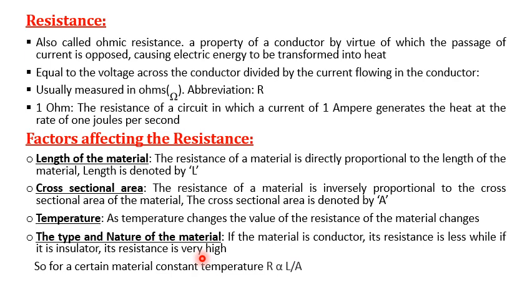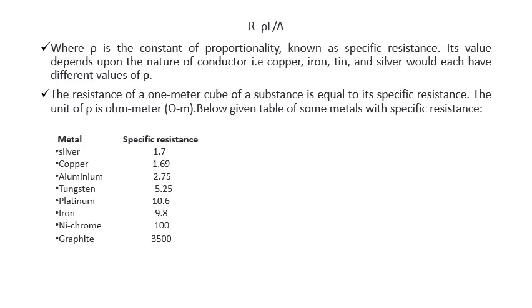For a certain material at constant temperature, the resistance R is proportional to L divided by A, where L is the length of the material and A is the area of cross section of the material. If you remove the proportionality, you can write R equals rho L divided by A, where rho is the constant of proportionality,